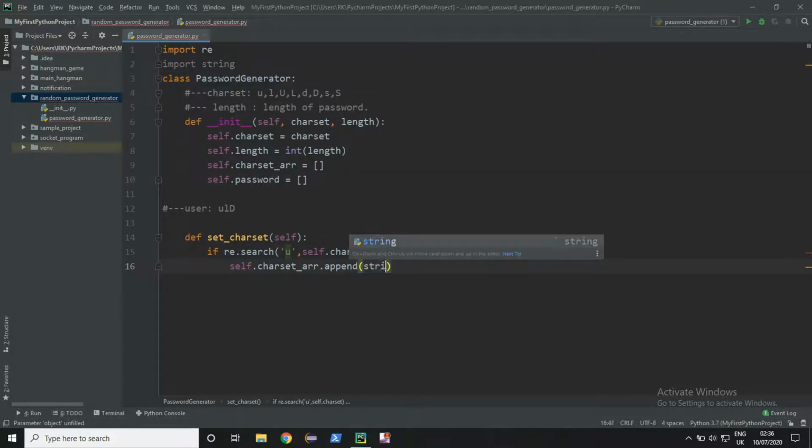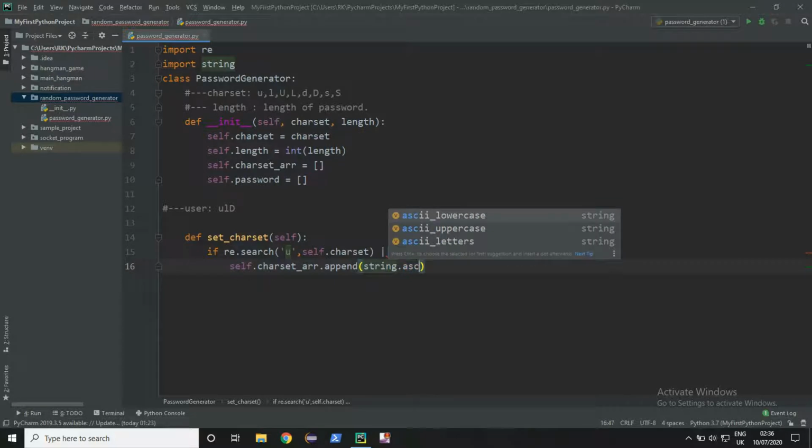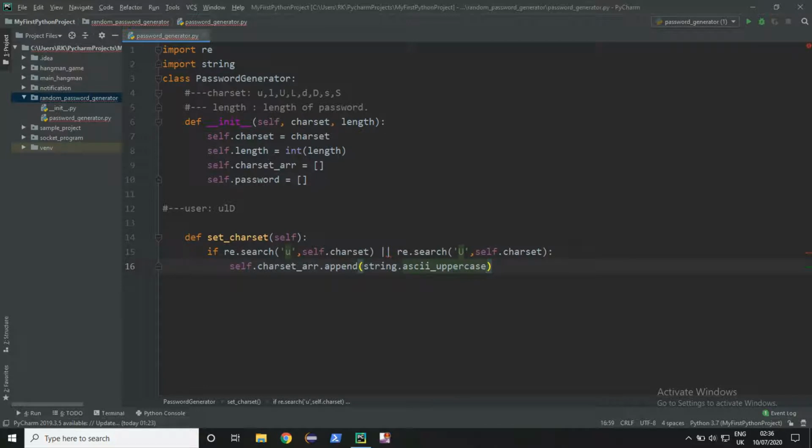Now string dot ascii uppercase, here we will use or. Similarly, we will check for lowercase, digits and symbols.